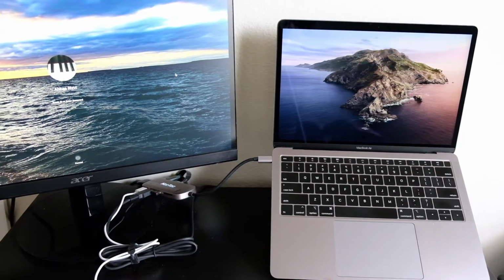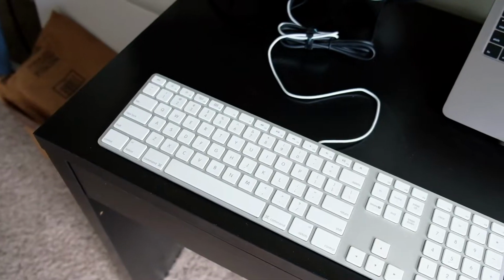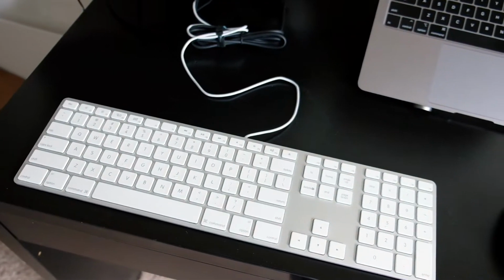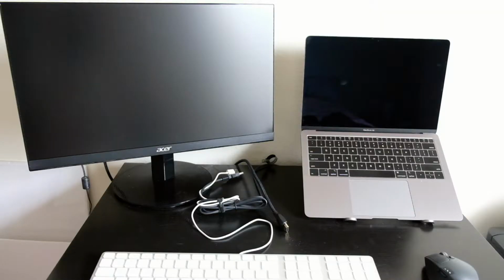Hey guys, I just wanted to share my setup for creating a USB-C hub using just some of the things that I already had lying around. And so this video is just going to be showing how I've made my setup as well as some tips